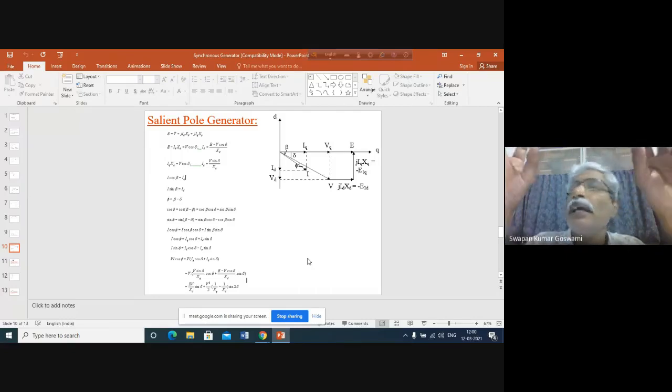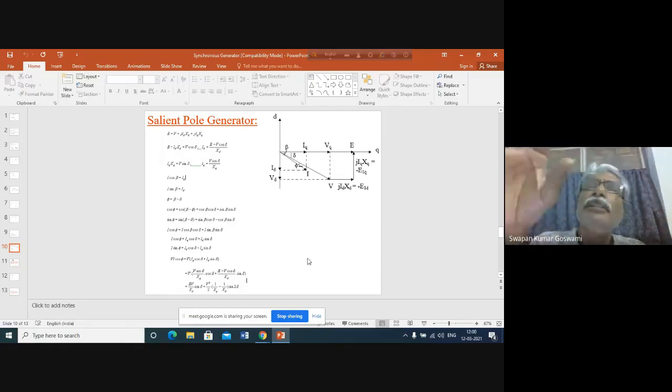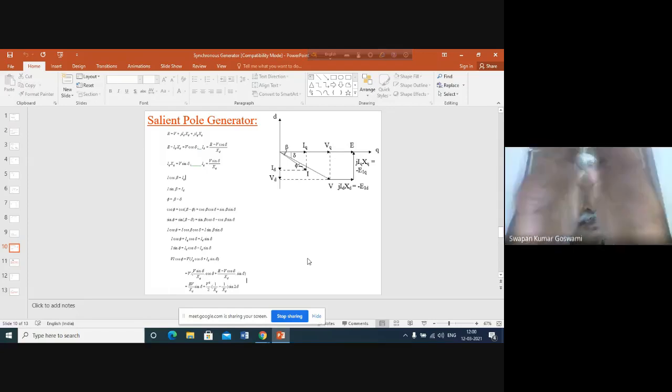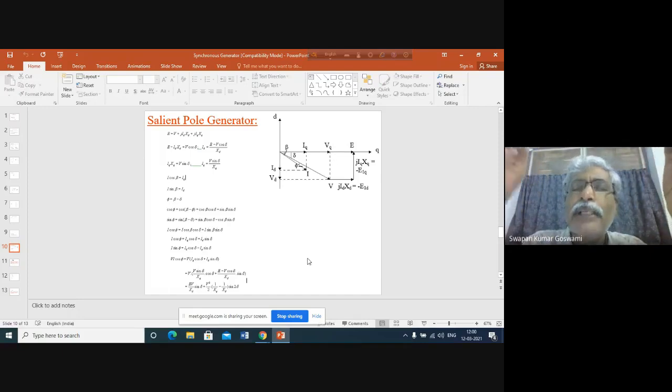So we can say that active power control will be the same for the cylindrical rotor machine and the salient pole machine, but the zone of stable operation is somewhat less in the salient pole machine. But salient pole machines are inherently more stable than cylindrical rotor type machines because of the presence of the reluctance power component, because the dP/dδ value for the salient pole type machine is more than that for the cylindrical rotor type machine. So is it clear? Are things clear to you or not?